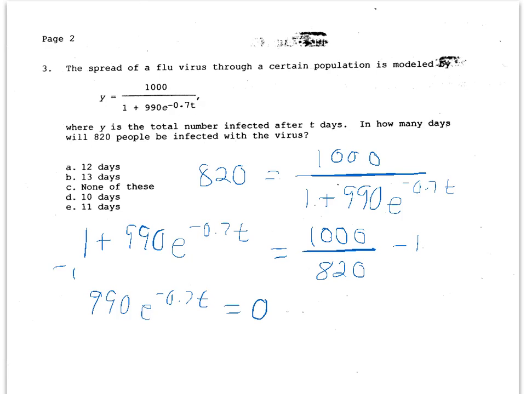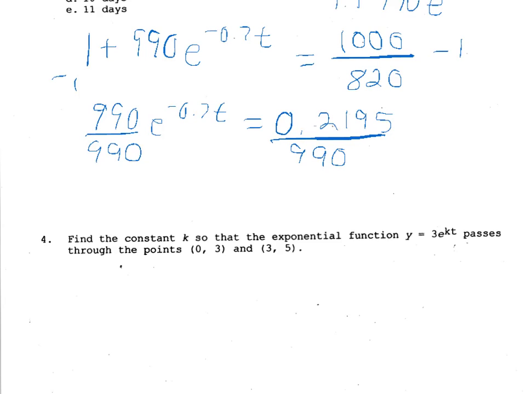So we have 0.2195. And if we divide that by 990, we have e to the negative 0.7t equals